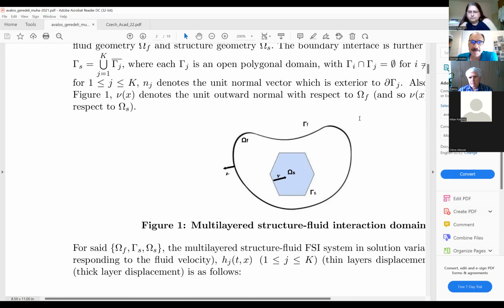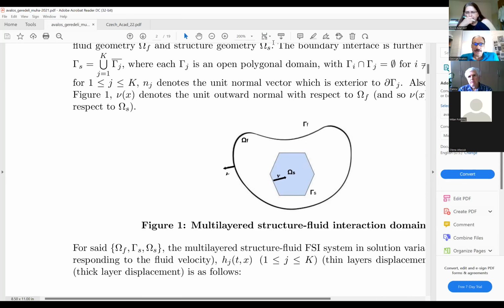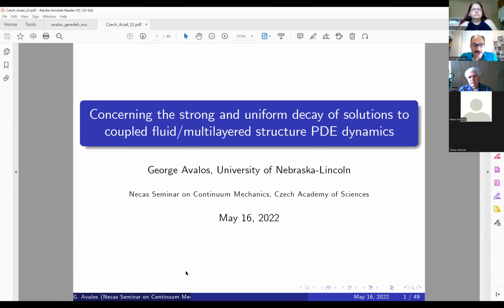The edges of the geometry here will be gamma sub f. Gamma sub s is the boundary interface between the flow dynamics and the structural dynamics. And of course, omega sub s being a polyhedral body, gamma sub s is a union of polygonal faces. Okay. So with respect to this geometry, and of course, nu is the outward normal, outward with respect to the fluid component of the dynamics. And so with respect to this geometry,